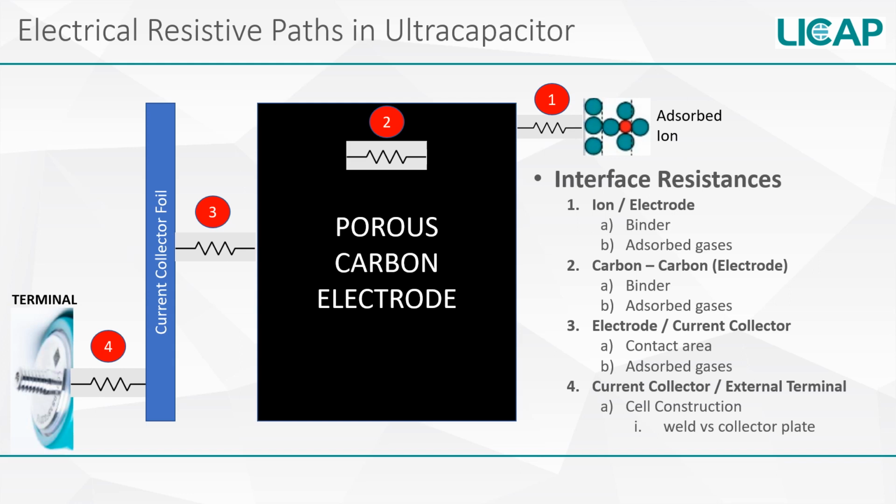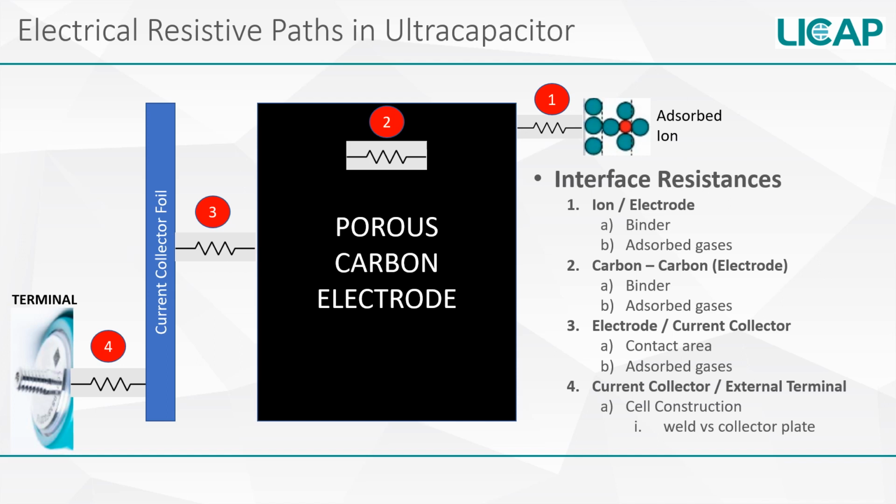So here's a look at some of the interfaces where resistance to electron flow contributes to ESR. Location number 1 is the interface between the adsorbed ion and the carbon electrode surface. Maximum conductivity occurs when the carbon and ion have nothing impeding electron flow, but a layer of organic binder or adsorbed gases can inhibit electron flow at this interface. The very same is true for interface number 2, which is the area between the carbon particles within the carbon